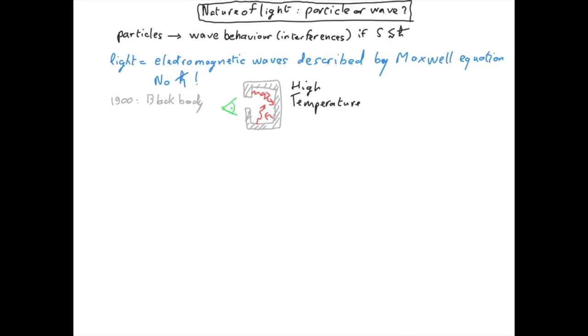So, fine. People were interested to understand the behavior of the intensity of light as a function of the wavelength. So as a function of the color for visible light, if you want. So they were doing measurements, and theorists were trying to interpret these measurements. And one of these theorists is Planck. And Planck came up with a formula which reproduces the experimental measurement,